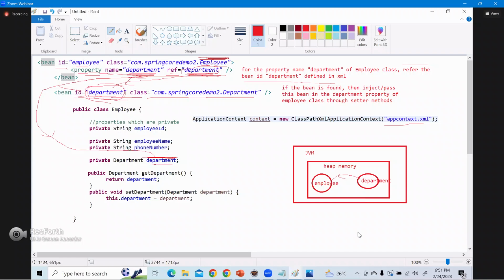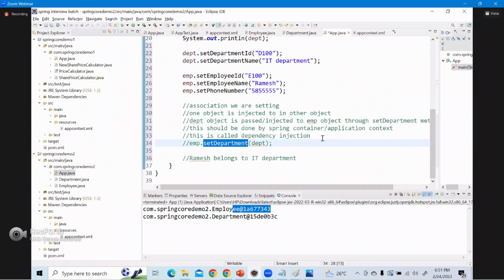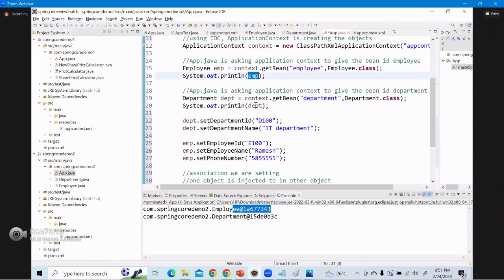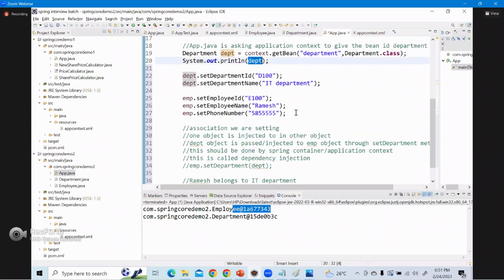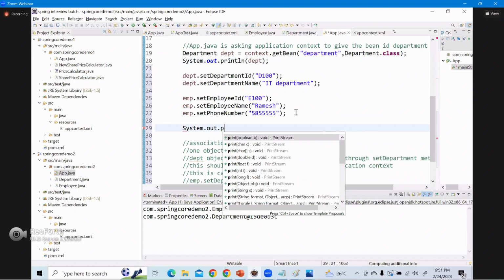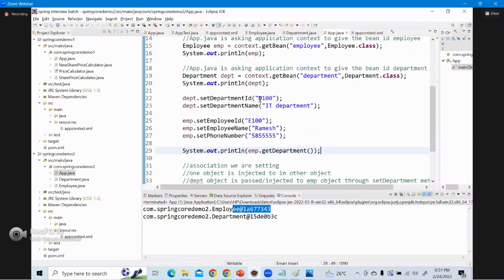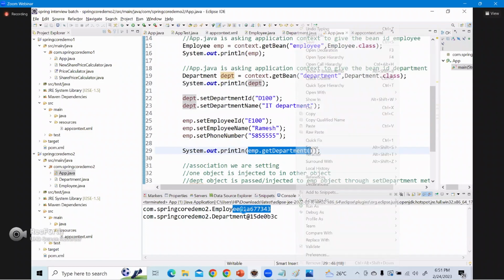Okay. Now we'll see. Now I'll just say System.out.println emp, System.out.println DEPT. Then here I'll say System.out.println emp.getDepartment. So emp DEPT, emp.getDepartment. If I run this program now,